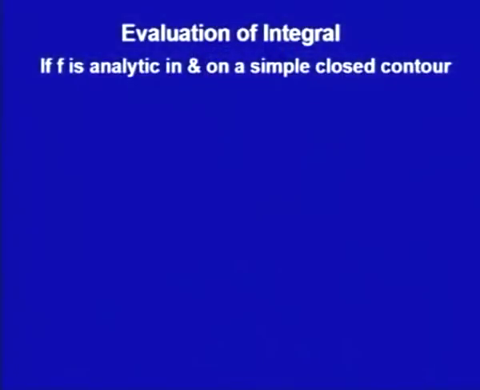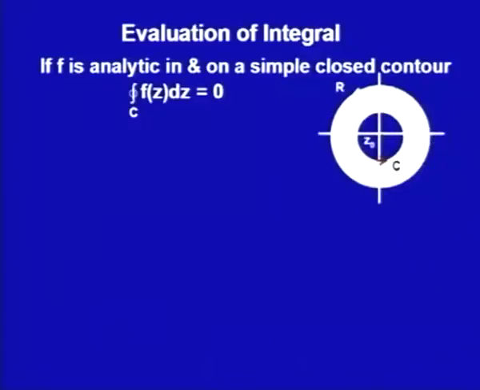So, we had learned that if f is analytic in and on a simple closed contour C, then the integral of that analytic function f along that closed contour C is 0. Now what is happening is that we do not have the function analytic over the whole region, inside C and on C, but we do have a singularity in the interior of C. Then, using the residue method, we had learned that if f is analytic